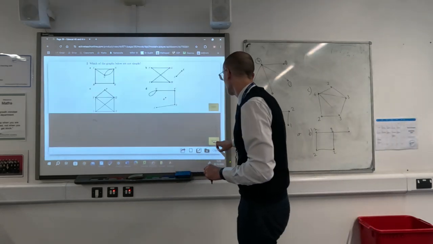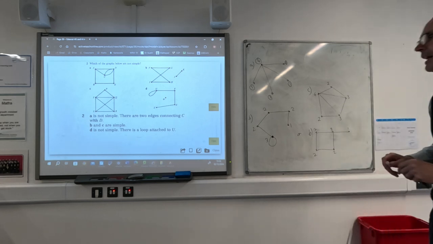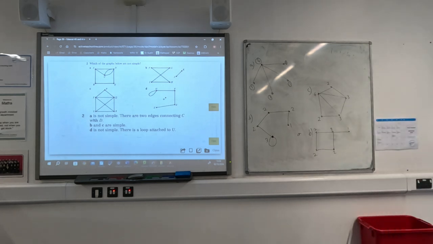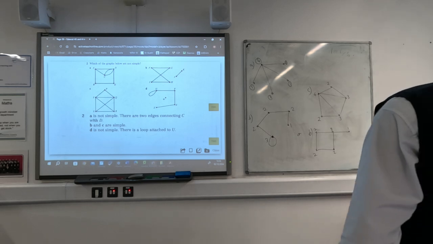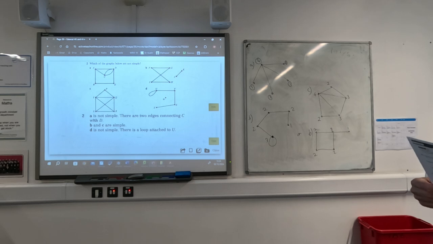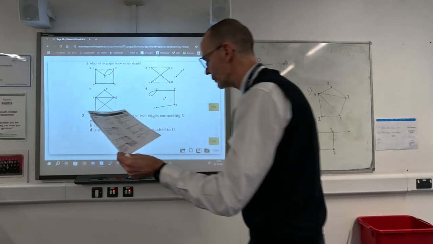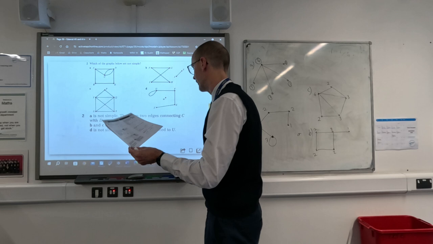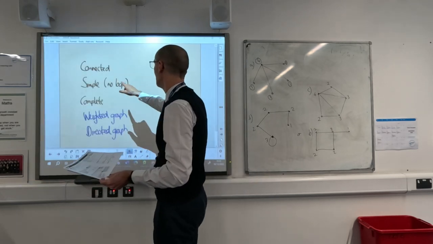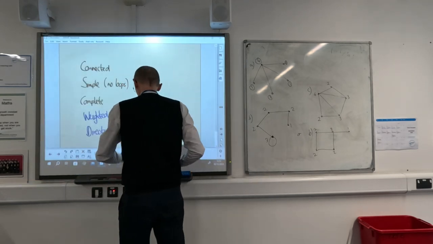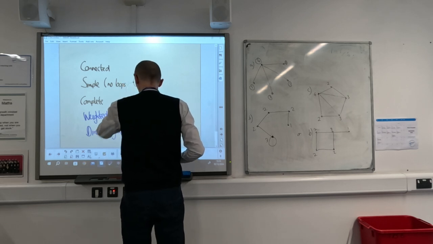And then which graphs are not simple? A is not simple. There are 2 edges connecting C with D. Oh no, that's interesting. I didn't add that in my definition of simple, did I? I just said no loops. So let's make that clear. Where is the definition of simple? I think it's 1 edge. Right, so there's only one route between any pair of nodes, so I apologise for that. So my definition of simple is no loops plus only one way of getting between